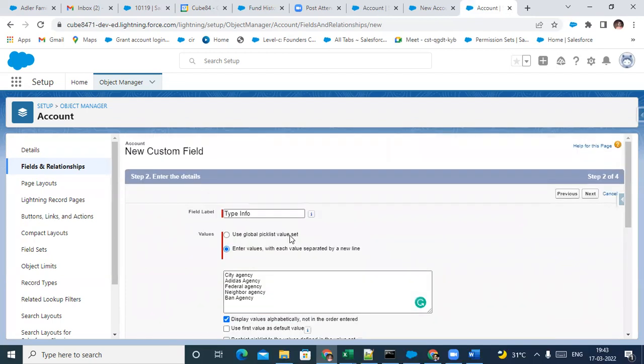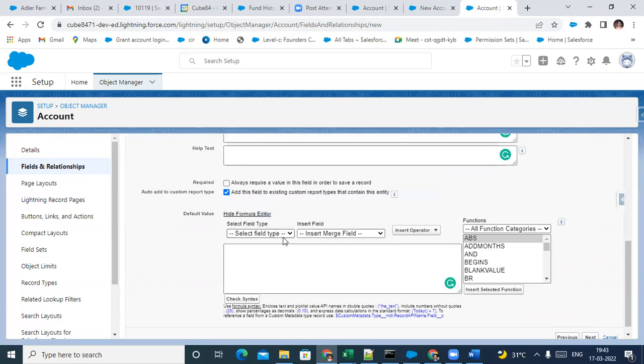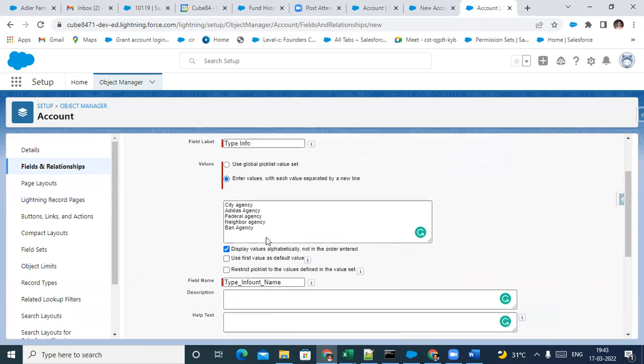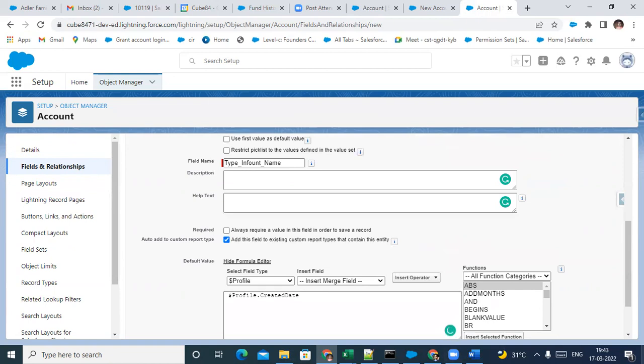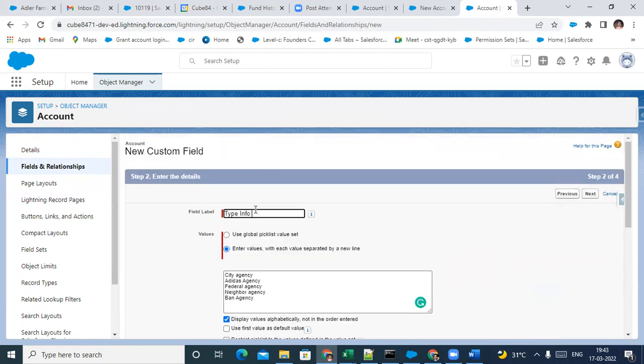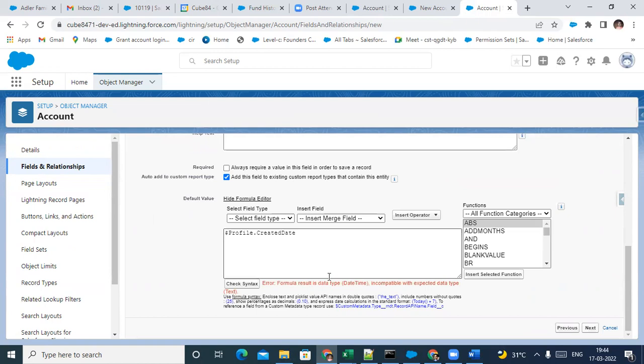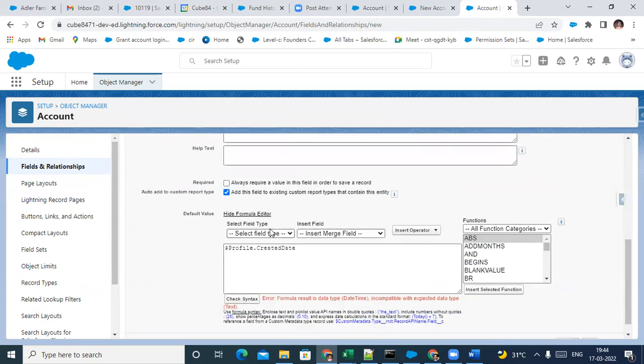So you can also have this value set in the background, not pre-populated. Imagine I want something like profile created date to be displayed in the type info. Imagine this is a type info date. So I can have something like this, and I can use this check syntax. Okay, so yes, the formula result is date time, incompatible with the expected data type. So this is something called a number, right? So I wanted something in number. I took in